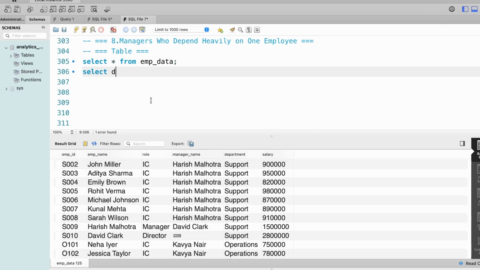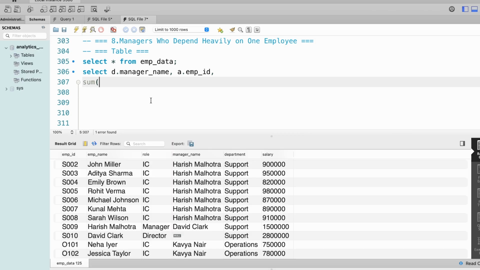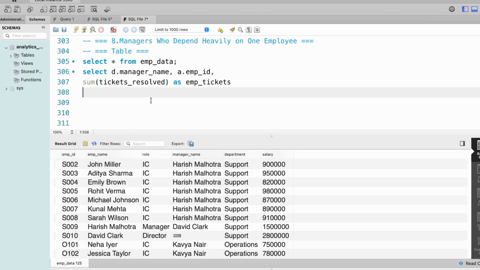Select same query, d dot manager name, comma a dot emp id, sum of tickets resolved as emp tickets from emp activity as a